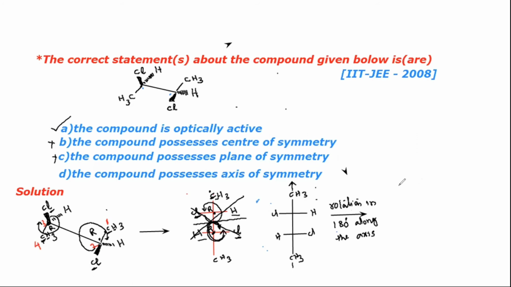Exactly, you'll get the mirror image. Now see that structure. On 180-degree rotation, the left hand side and right hand side groups are exchanged, and the configuration is exactly reversed. So on this carbon, Cl was left and H right, but now H becomes left and Cl becomes right. On these carbons, H left and Cl right are exchanged like this. Vertically, there is no change. Methyls are there as they are.